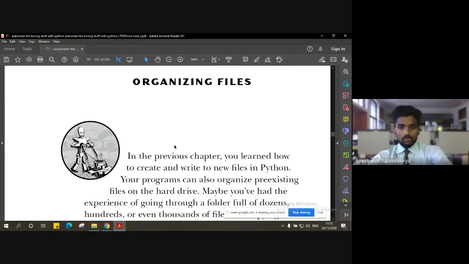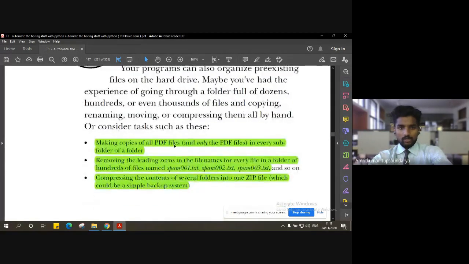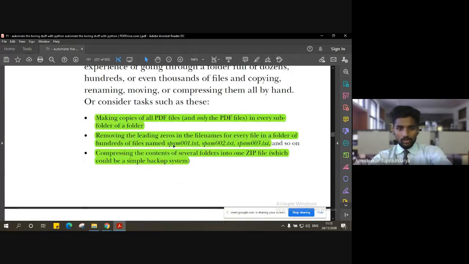Organizing files. Mostly we all do this organizing of our files. We all have different folders in our PC, sometimes organized, sometimes not organized. For example, if you have a folder called study, you keep all the study related material in that folder. Inside that folder you can have multiple folders, for example, fifth semester, right? You can have one folder called fifth semester, and in that folder also you can have multiple folders with each subject name and respective data stored under that folder, right? So it's a subfolder now. So we have a folder, then a subfolder, and then again subfolders, and so on, and then you have some documents inside it.